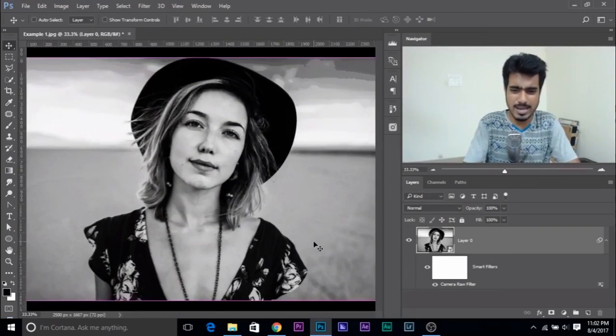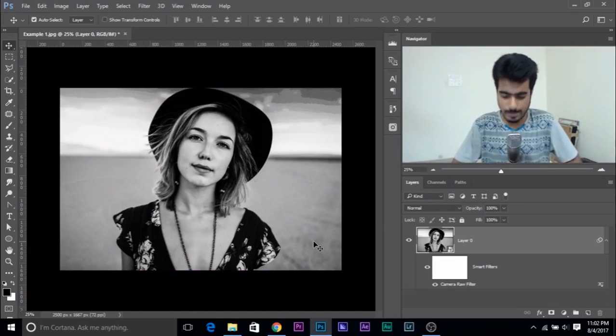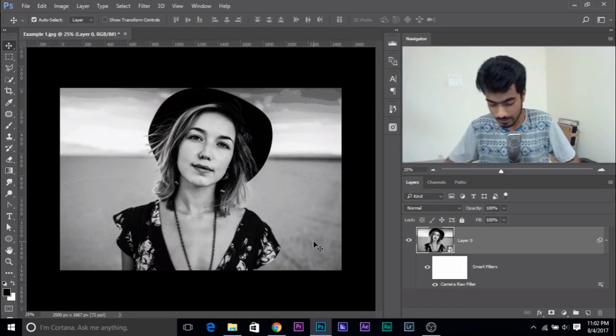Now, comes to the banding. What to do about the banding? Now, there are two ways to remove banding. Number one,